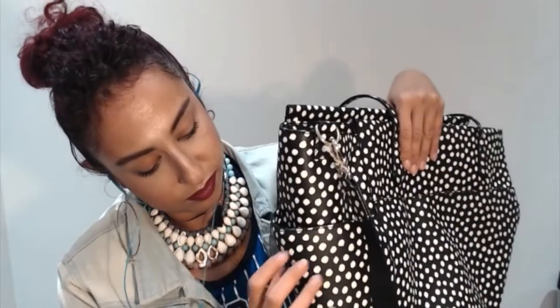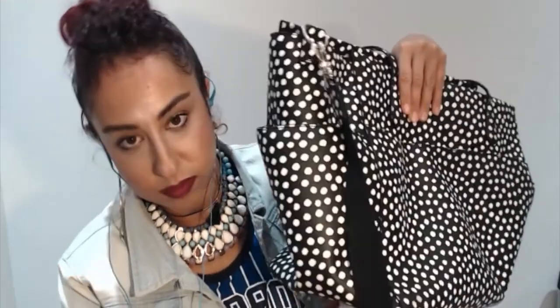I don't know what material this is. Some sort of plasticky kind of material. It's good, it's durable. The design makes you a little dizzy to look at, but